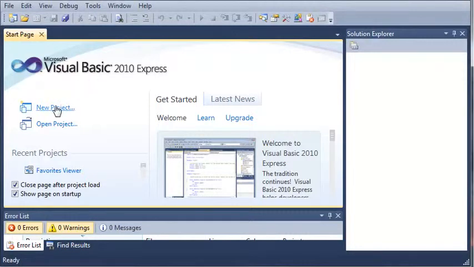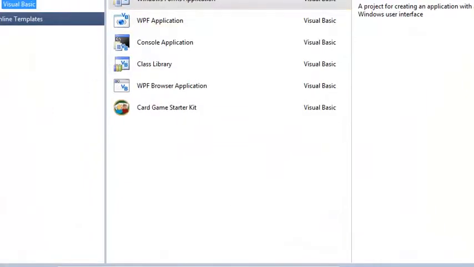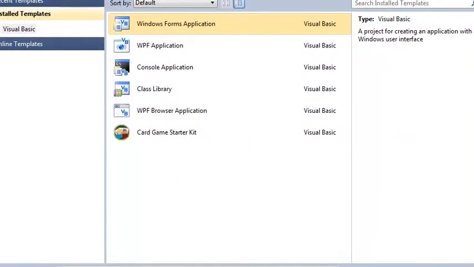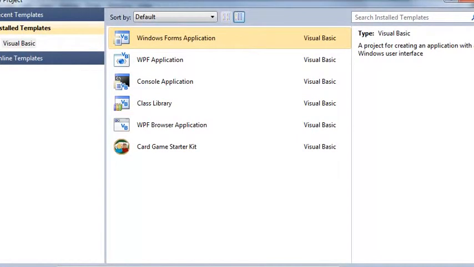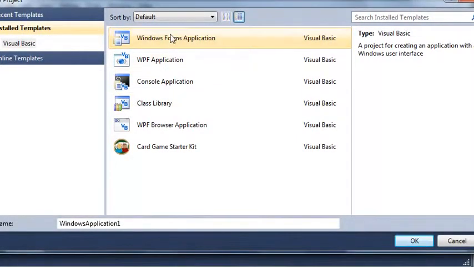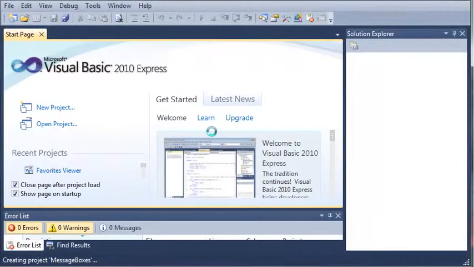So let's go ahead and create a new project here. We will select a Windows Forms application. We will call it MessageBoxes, and we will just go ahead and click OK. Now we'll wait for that to load,